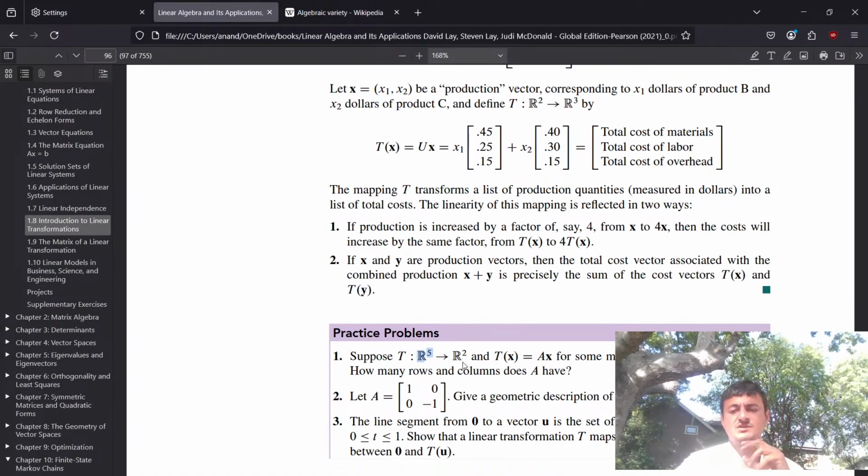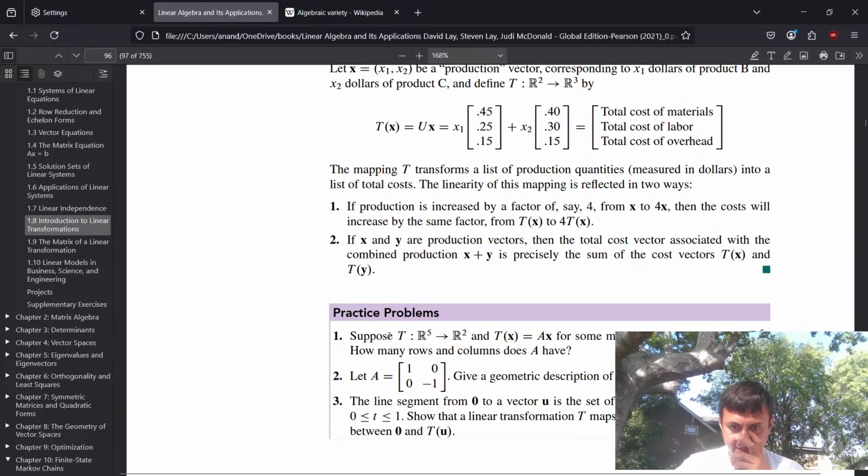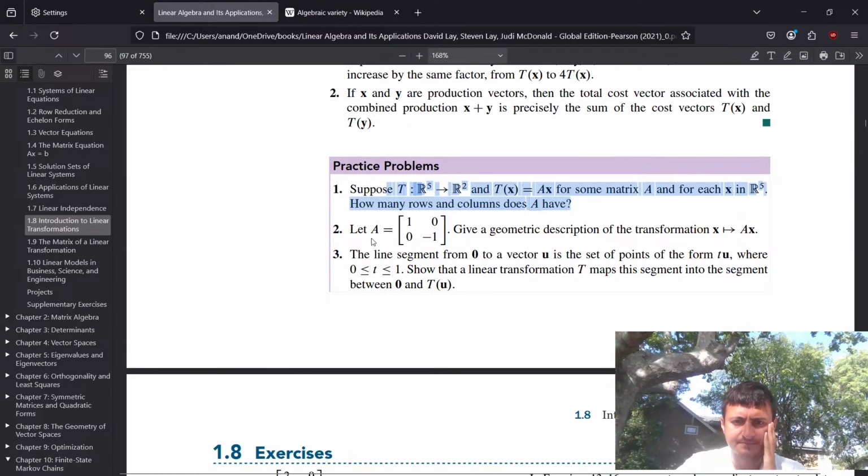Okay, yeah. So that checks out. So it's going to have 2 rows and 5 columns. All right. Give a geometric description of